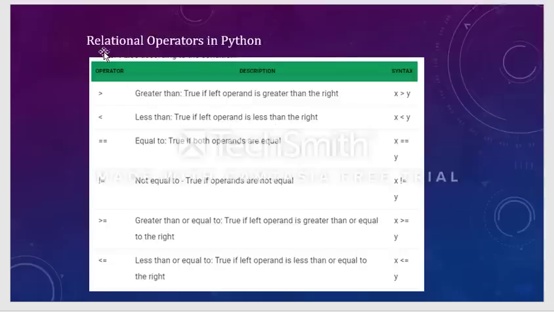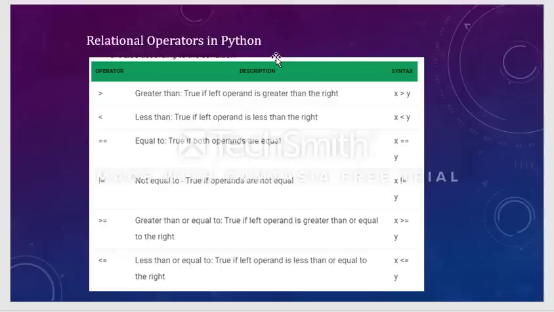Next, coming to the other kind of operators, called the relational operators. Relational operators are a very simple thing. There is nothing new to learn in this, because when you want to compare two values, we perform relational operators. Comparison means we define whether the number is greater or lesser, equal to or not equal to, greater than or equal to, or less than or equal to.